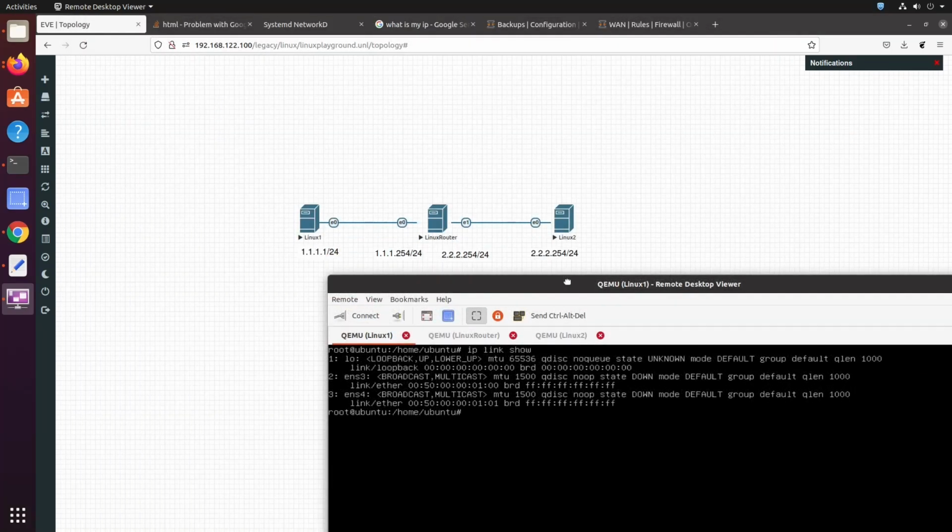Okay, let's look at EVE-NG. We see that Linux 1 e0 is the one connected to the router. The NIC card would be ens3. The box in the middle has 3 interfaces but 2 are connected, e0 and 1, those would be ens3 and 4. The box on the left has only one interface connected, which is e0, this would be ens3 in the config.